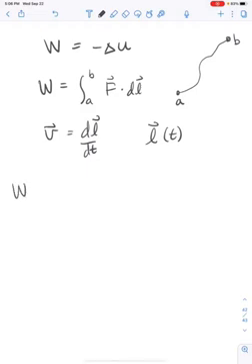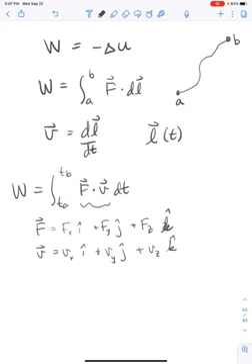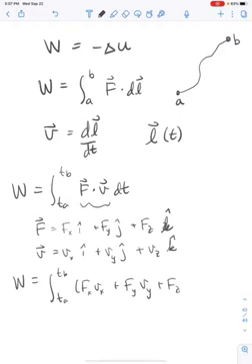All right, so that means that we can write our work like this: the integral from t_A to t_B, F dot v dt, okay? Just like we did in the derivation of the work energy principle. And now we're going to calculate this dot product, right? And we'll just use rectangular coordinates for that. So our F is Fx i hat plus Fy j hat plus Fz k hat. And our v is vx i hat plus vy j hat plus vz k hat, right? And that means that we can write our work as the integral t_A to t_B, Fx vx plus Fy vy plus Fz vz